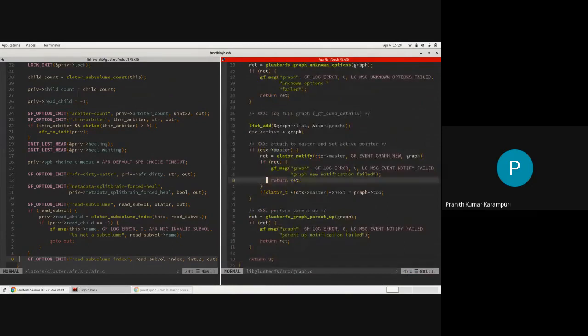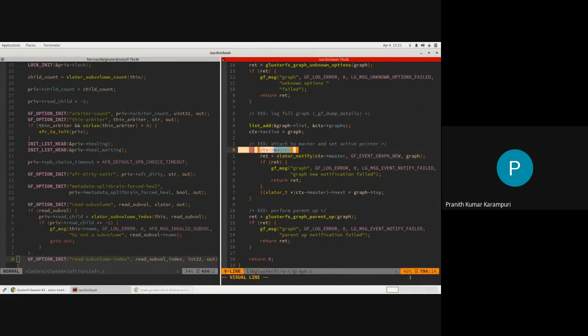What it will do is it will create. Okay, so there are two things in the GlusterFS process. One is a master translator, the other is a top translator. So the master translator in a client is something like Fuse. Fuse is a master translator. That translator will never change. But when you add bricks or remove bricks, the underlying graph may change. So the master translator will never change, but the top translator may change based on the configuration changes.